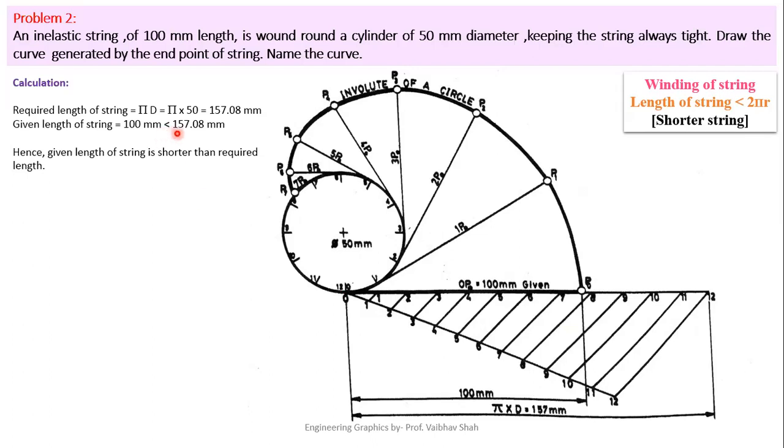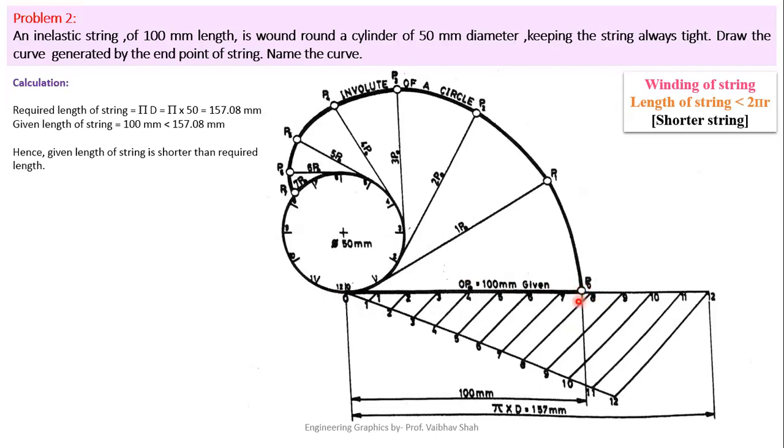You will select the longer length from both of the lengths. So here the longer length is 157.08 mm. Let us select the 157.08 mm length first to locate our longer length. Now on the same longer length, you have to indicate this 100 mm on the same line, by this end point.